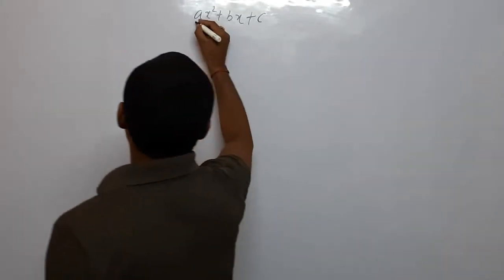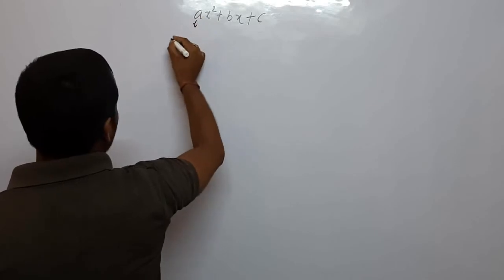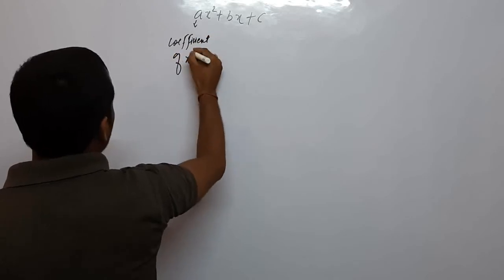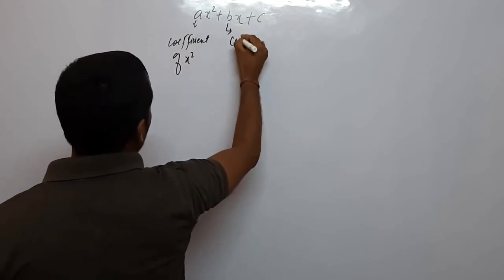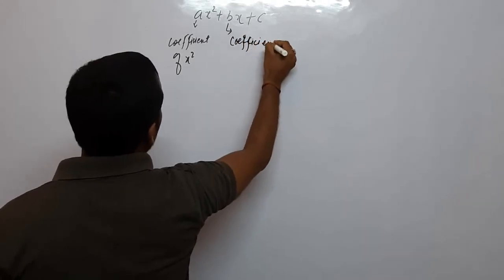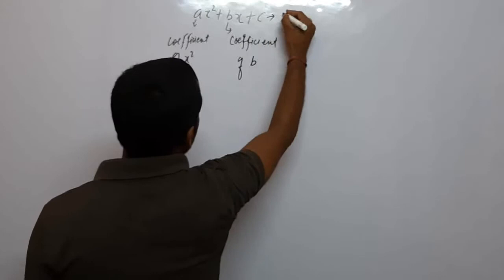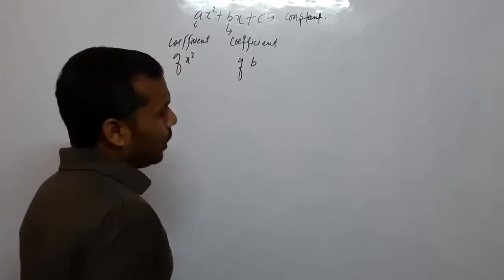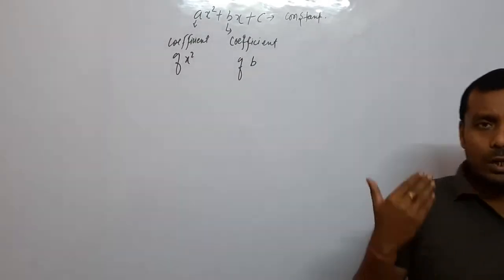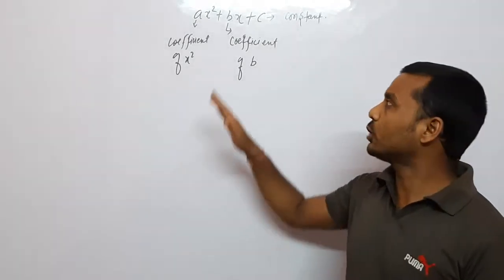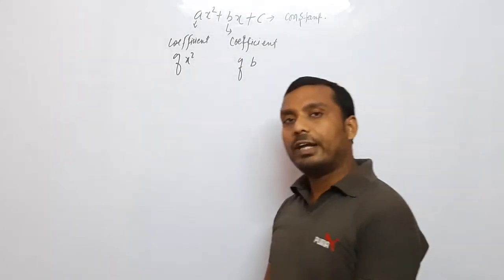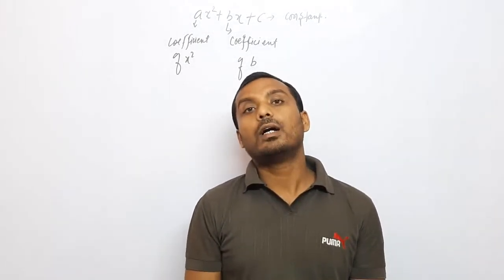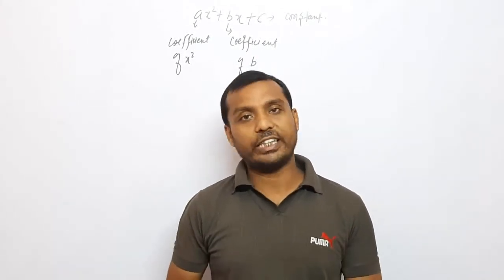So for x square, a is said to be the coefficient of x square. For this, it is said as coefficient of x, b, and this is said as constant. So the terms of this form belong to the group of the quadratic polynomial. We will discuss some questions related to the quadratic polynomial, how its factorization is done. Okay.